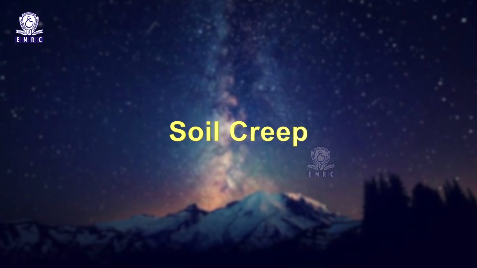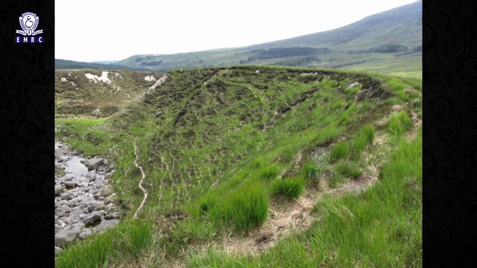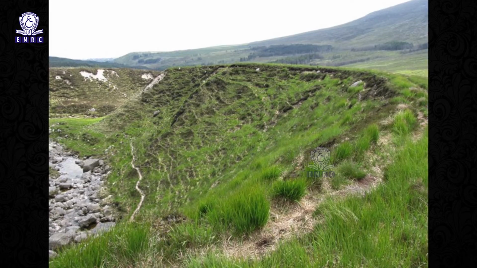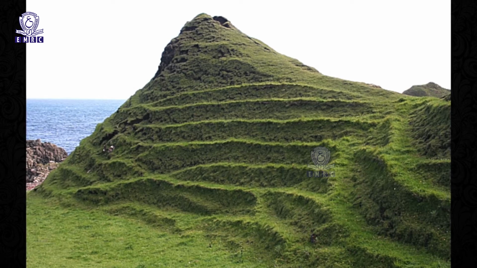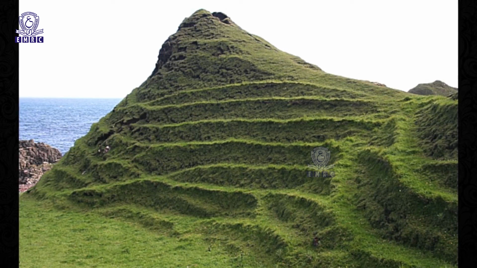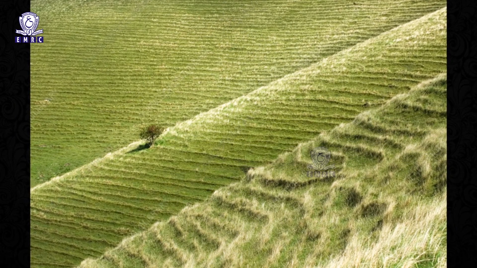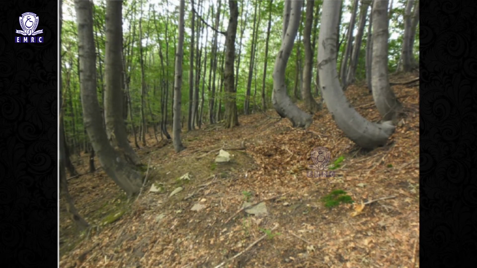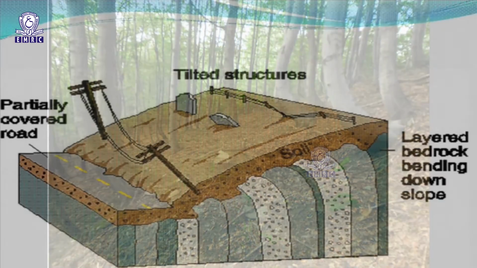Soil creep. The imperceptible but continuous movement of soil downslope in response to gravity is known as soil creep. As soil creep is an imperceptible slow process, it cannot be observed when actually in process. However, the effect of creep can be visualized or seen through indirect observations like leaned or tilted trees or fence